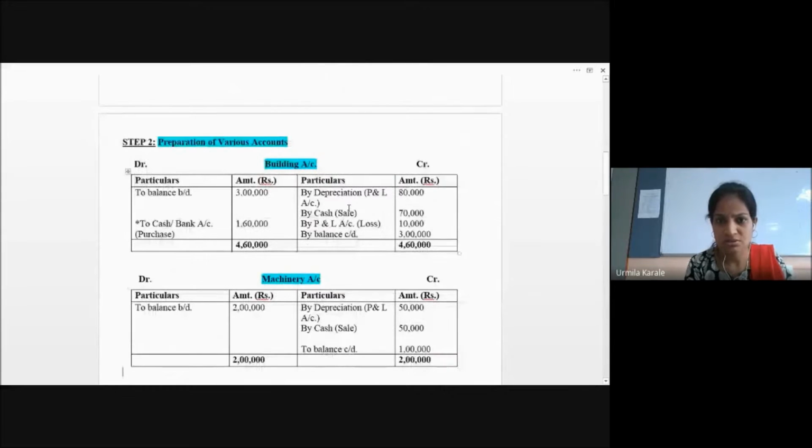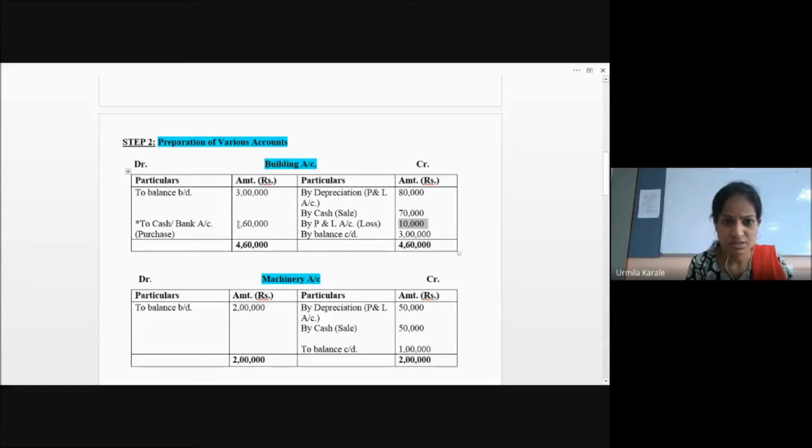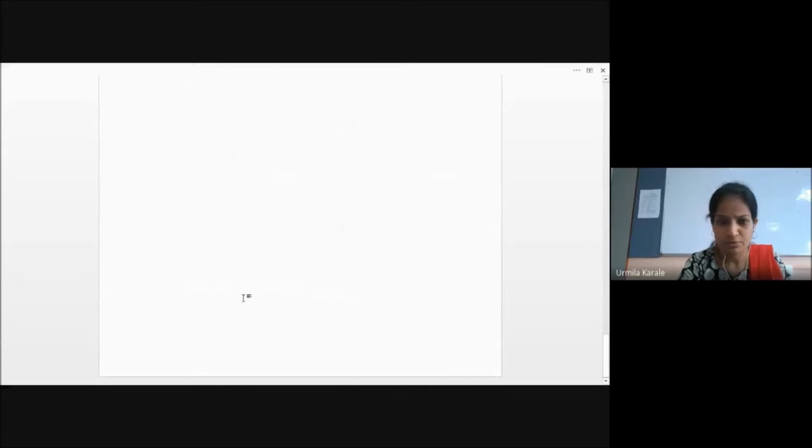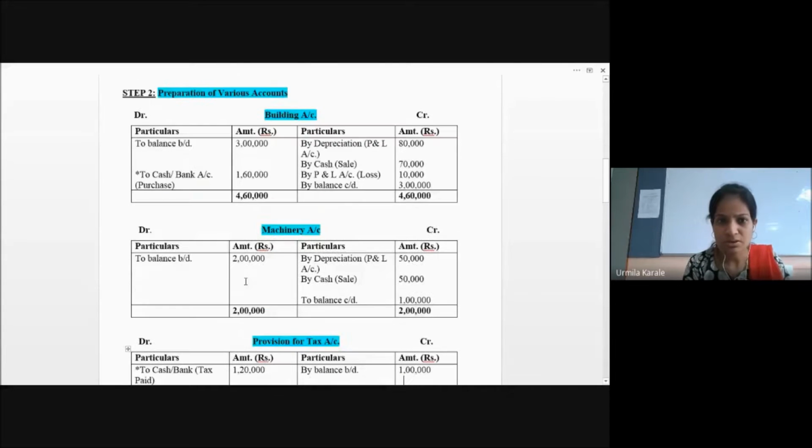Now check, this is the account which we are discussing. This is done. This is done. This loss is also done. This side is done. This is 160. This is a purchase. Purchase hai toh paise jayenge, so you can see it is an outflow, on the application side. Purchase of building 160. Fund flow. Now first account, profit and loss, we are done with. This is fund flow. Right. First account done.